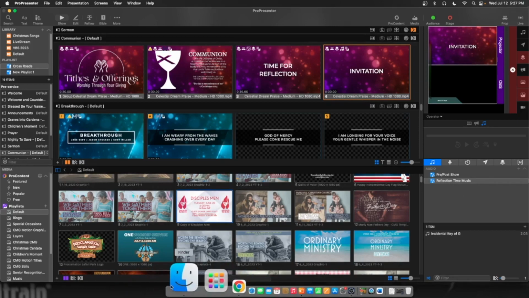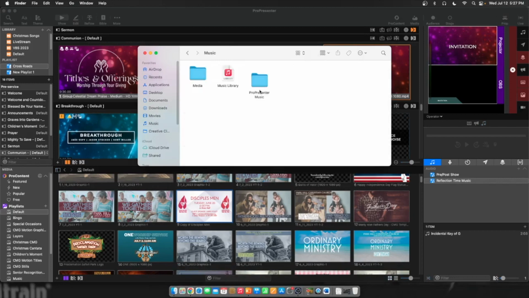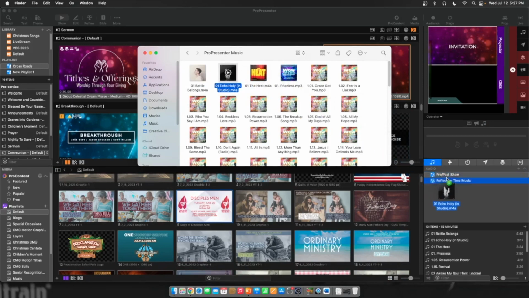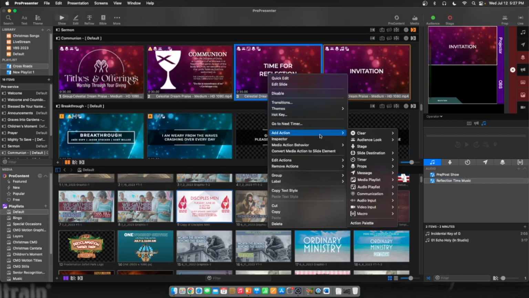So if I go to Finder, and let's say I've got something in my music folder that I want to use instead, we want to put Echo Holy in there for whatever reason as our reflection music. I could grab that and just drag it onto that playlist, the reflection time, and it adds it in there. Okay, and then in your action here, you could change it to